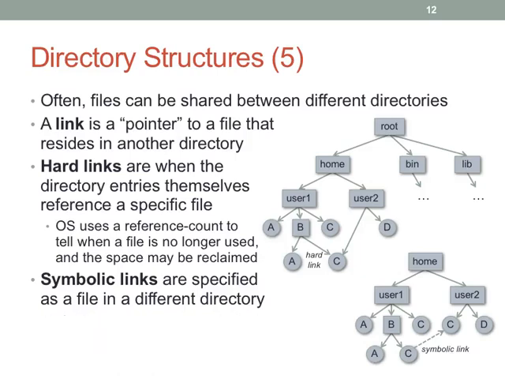Now, interesting details about this. Let me just go ahead and hide that because I don't want to talk about that quite yet. When you have hard links, a directory entry basically refers directly to the file. So a hard link is basically just like any other link in your file system. You can open that file, you can treat it just like anything else. With symbolic links, you have to know how to interpret them: you open that thing, and it tells you where the other file is, and then you go open that other file. So symbolic links require 2 steps, whereas a hard link requires just 1 step.